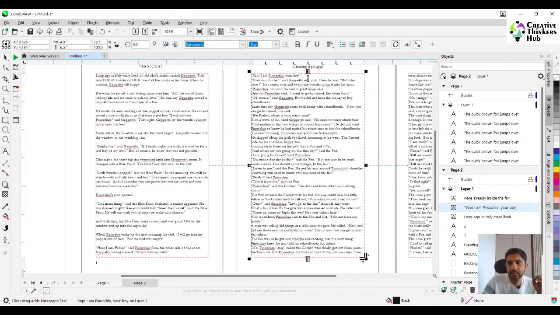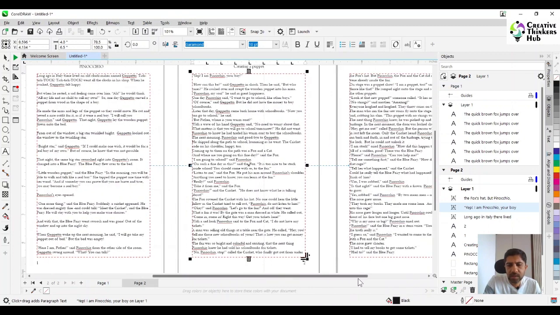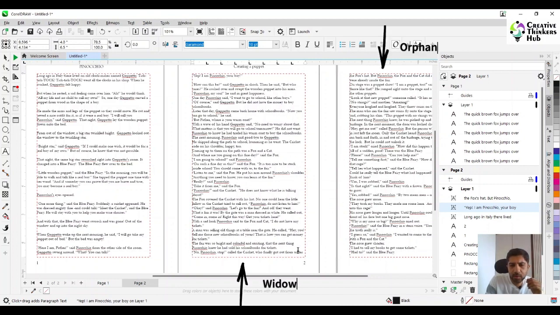Now there is something that also, if we keep pressing enter, okay, now let's consider this. Now if you see that we are not going to press enter all around over here, it will take a lot of time. Now I want to explain the funda of widows and orphans. Now these are widows, where only one line of the paragraph is coming in there and the rest is here. So in this particular case, what one can do is that the paragraphs, 2-3 paragraphs before that, we are going to come here